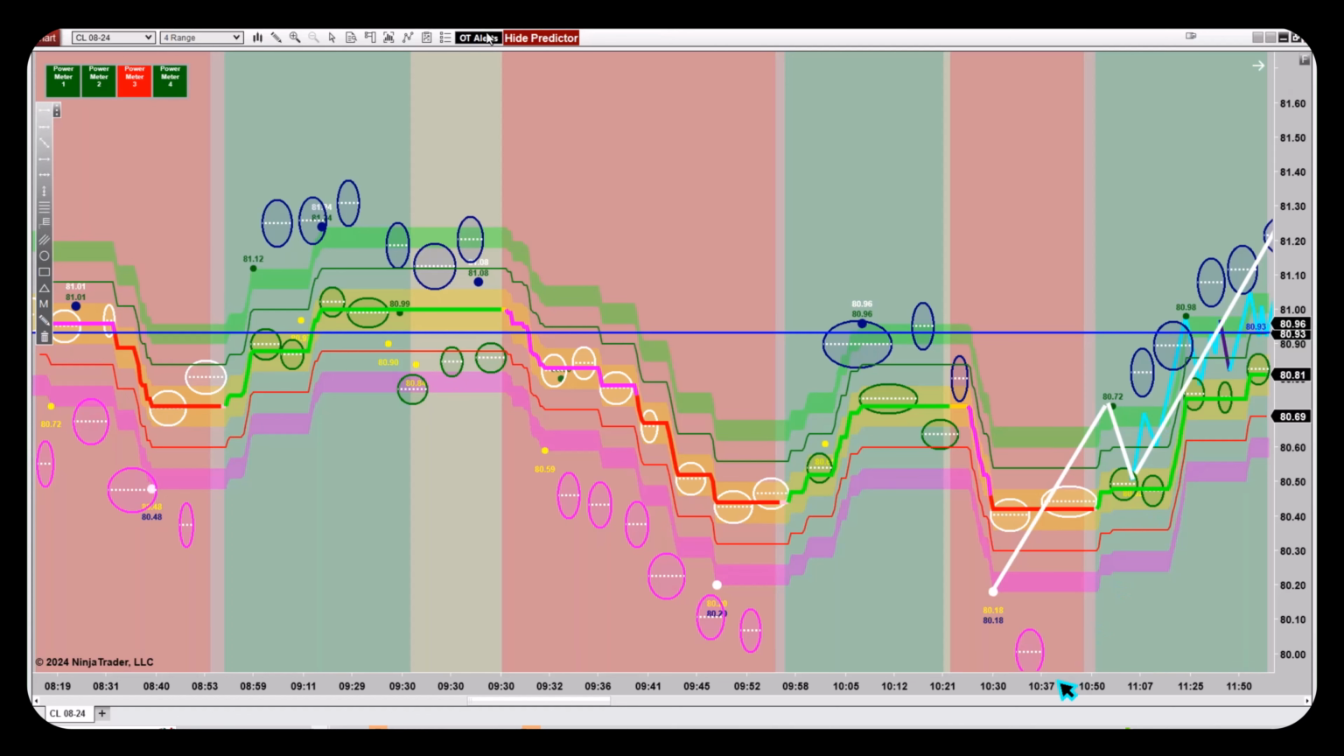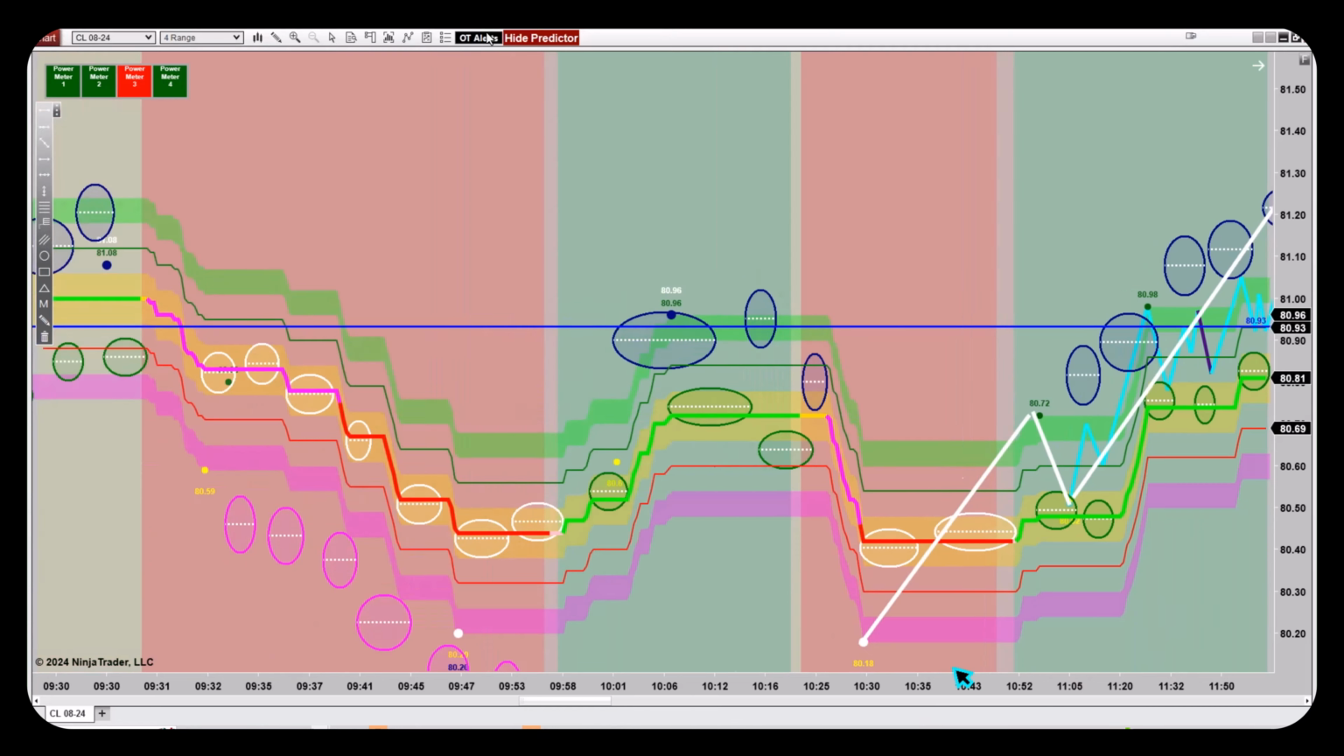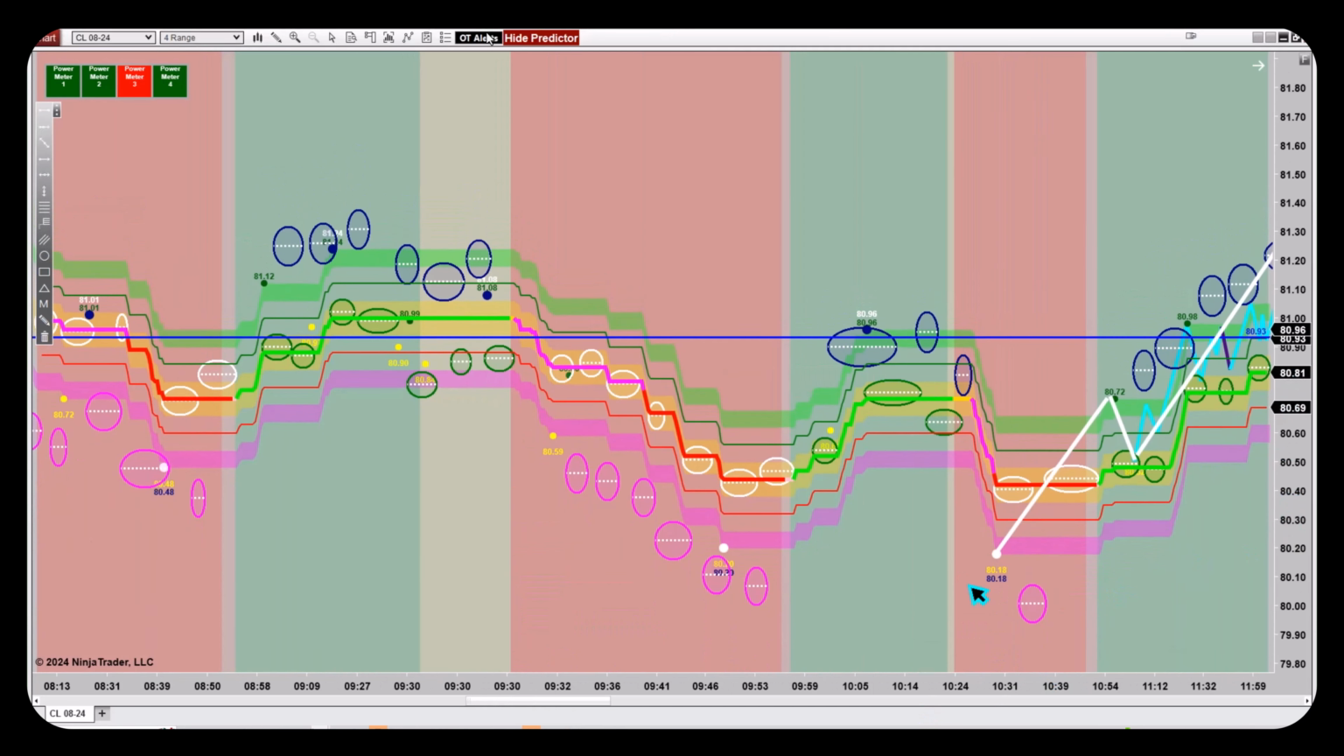And keep in mind, I don't even have the power dots on here, but we could put the power dots on and I'll bet it draws somewhere in here, more than likely. Okay, so what you want to do is, if you get a stair-stepping mid-band